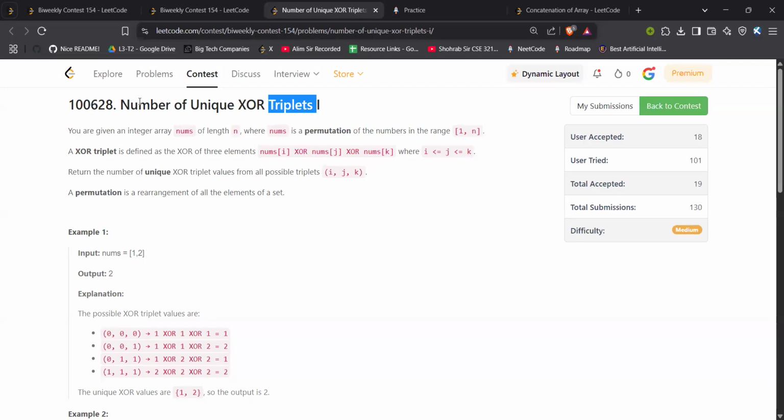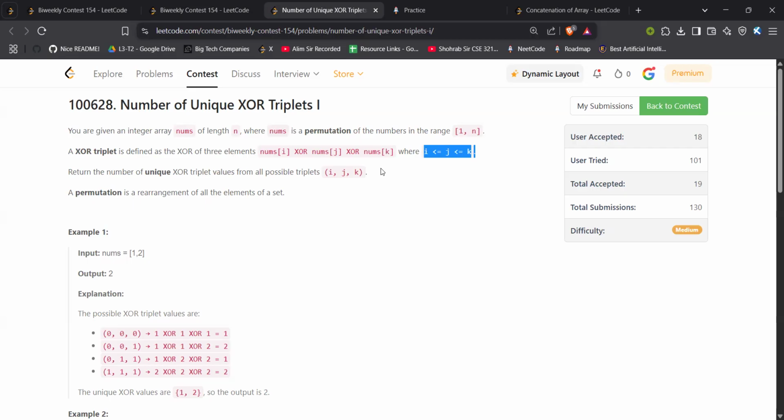So you're given an integer array nums of length n, where nums is a permutation of the numbers in the range 1 to n. So I have an array. The array contains the permutation of 1 to n. An XOR triplet is defined as the XOR of 3 elements, nums[i], nums[j], and nums[k]. So XOR triplet means XOR of 3 elements from the nums array, where i is less than or equal to j, j less than or equal to k. So like in order, although it does not matter whether XOR is in order or not. Return the number of unique XOR triplet values